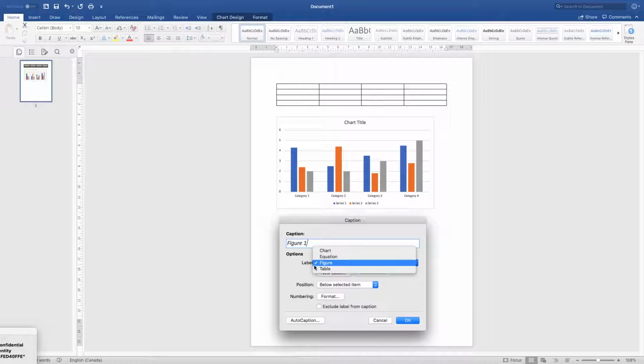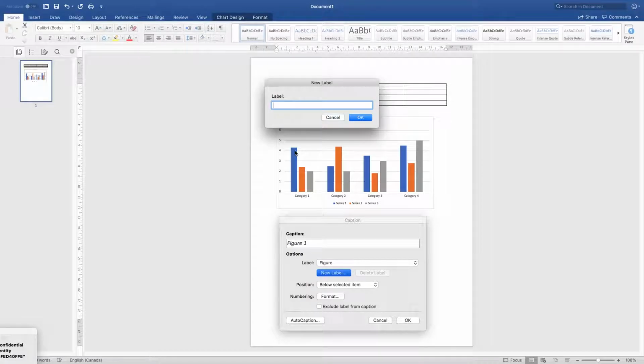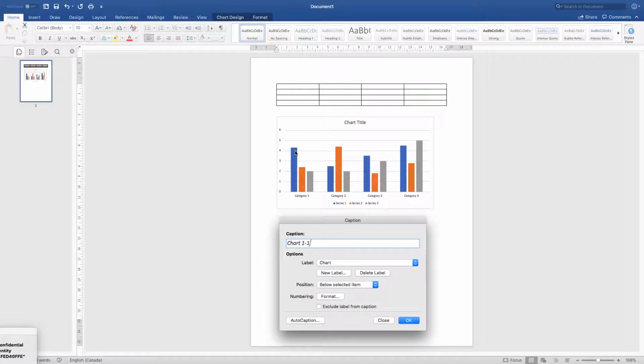So if I want to include the chart in a table of figures, it might be a good idea to use the label figure. But since this is a very specific type of figure, and depending on how many charts you have in your document, it might be easier for you to create a new label. So that's what we're gonna do. We're gonna click under new label. We're gonna put in a chart label, and it showed up